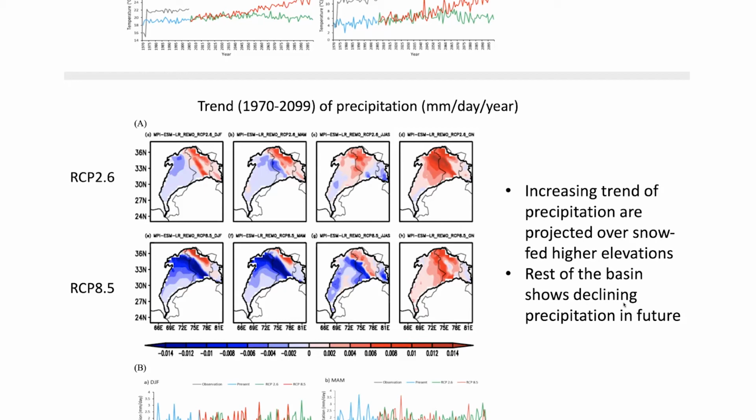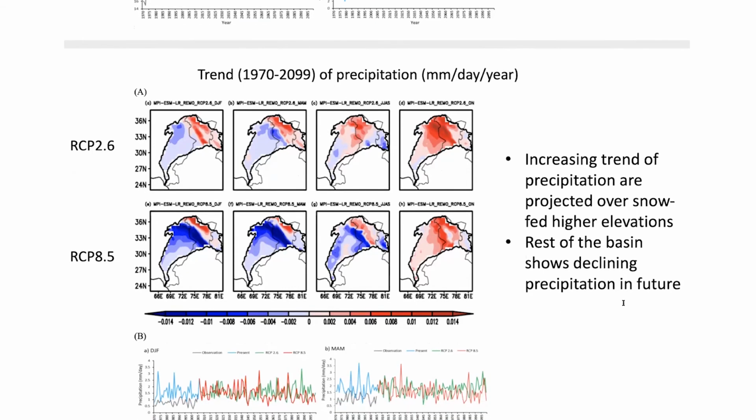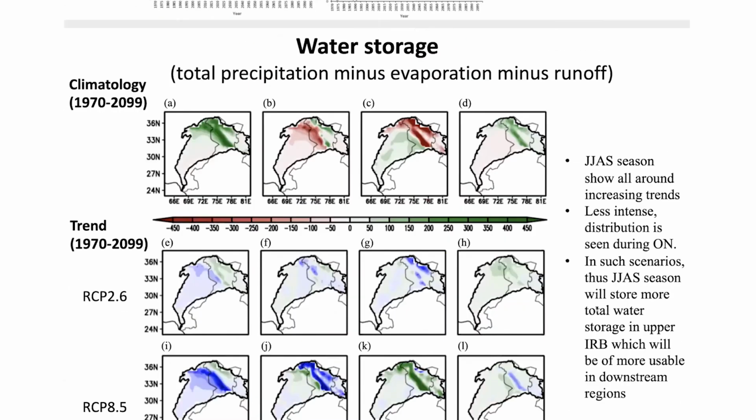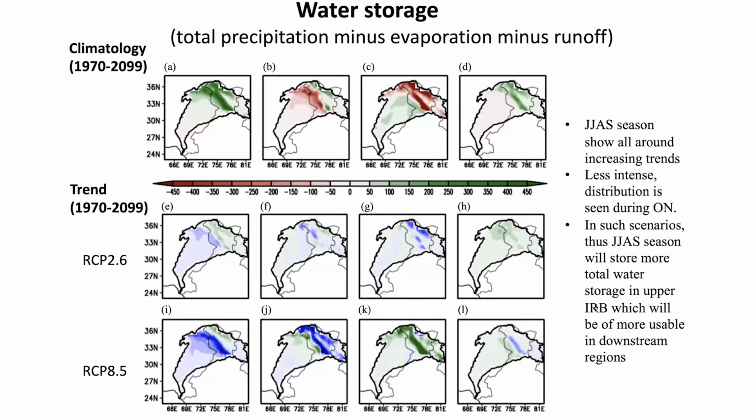Yes, it is likely that the topography of the Upper Indus Basin plays a more dynamical role in initiating precipitation formation, which is not the case in the lower riparian, which is more flat in that sense. So that is another very unique finding from temperature and precipitation, both. And if we take a very simple water storage method of only evaporation and runoff, then we find that in different seasons,